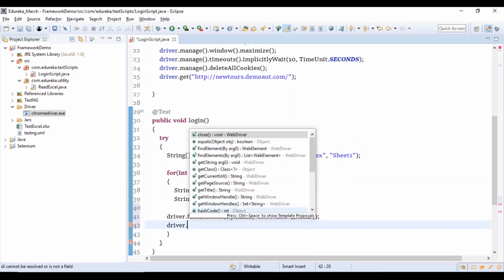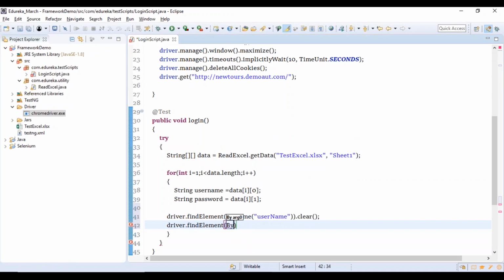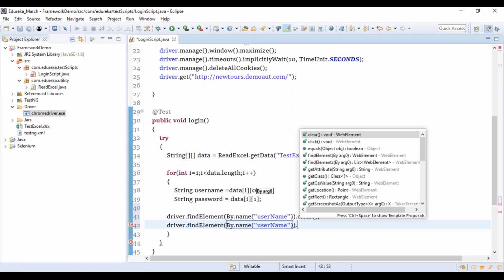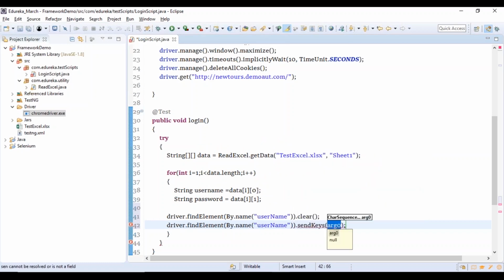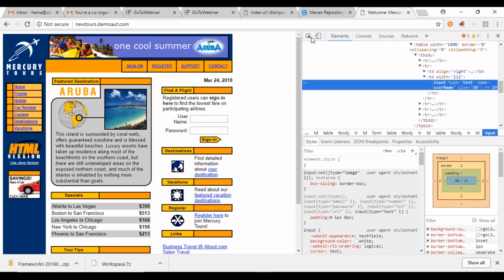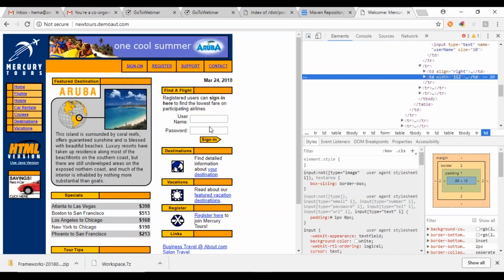Now let me start entering the value. I'm sorry. driver.findElement(By.name) and I'm going to pass this username, and then I'm going to sendKeys. What is the key that I'm going to pass? The key that I'm going to pass is the username, right? Likewise, I'm going to use the password as well. So let me identify the password field.